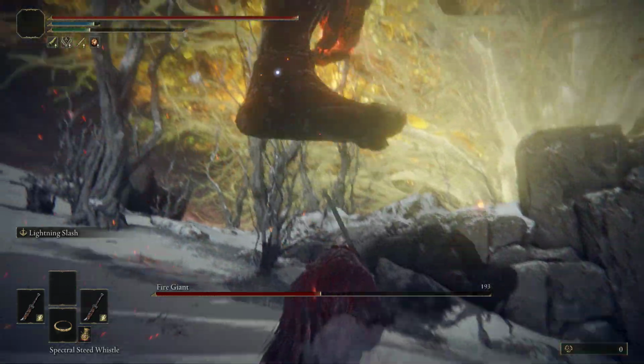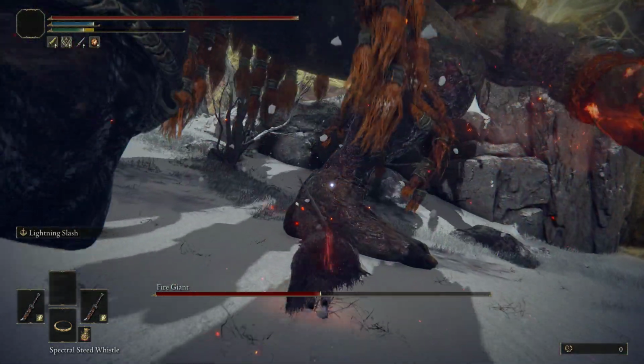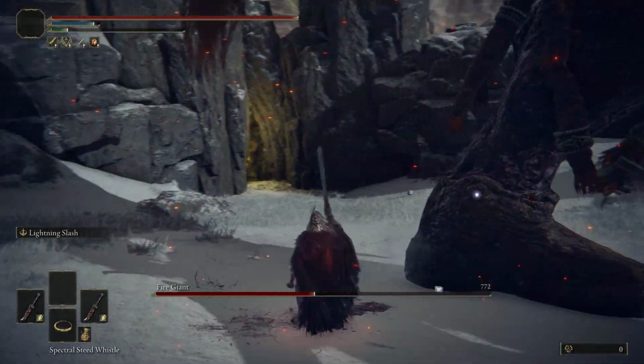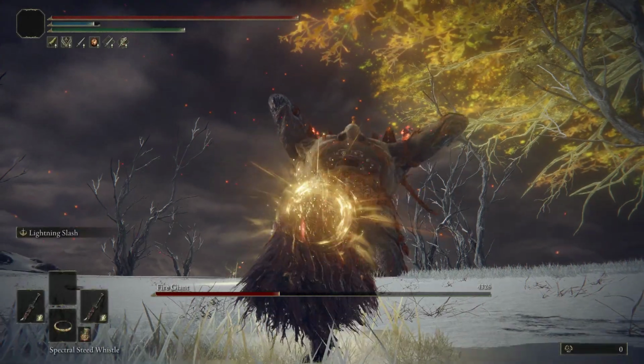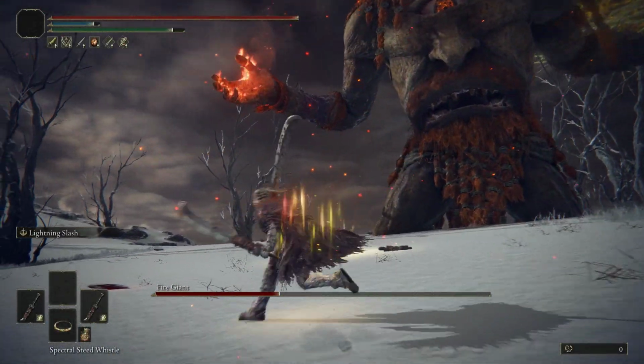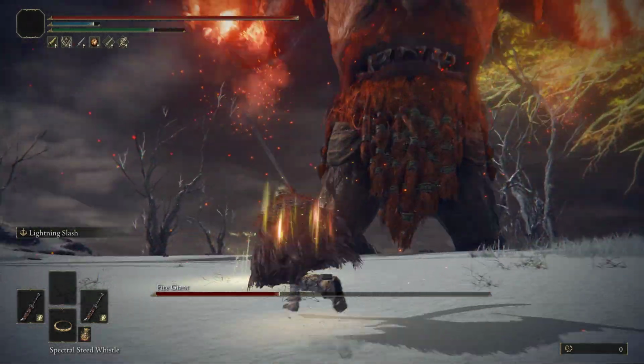We actually aren't going into Stormveil ever in this playthrough. Instead, we head east toward the Third Church of Marika where... Oh, hold on. Great Horned Tragoth! Watch me, Tarnished! I am... Okay, right, so as I was saying, we're going east to the Third Church of Marika to pick up the